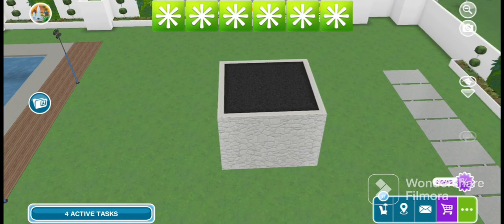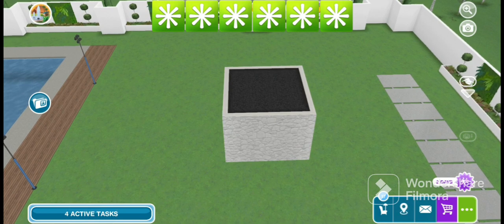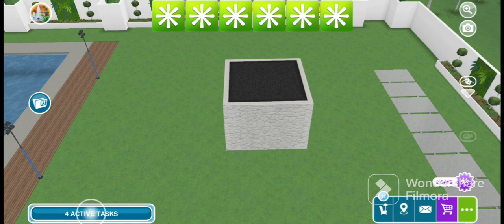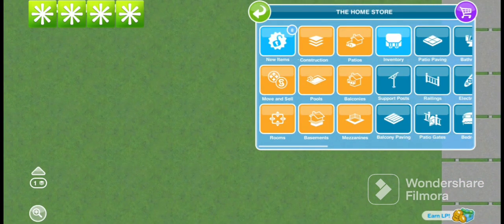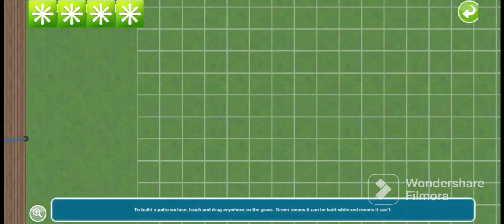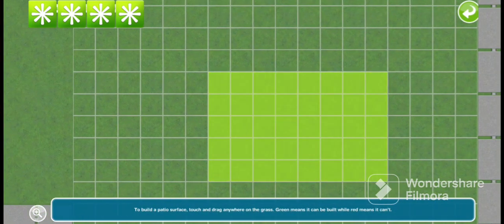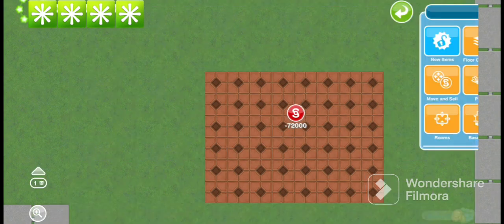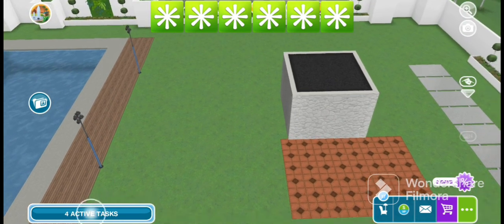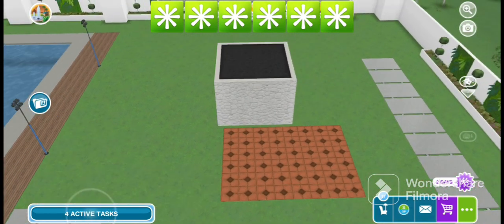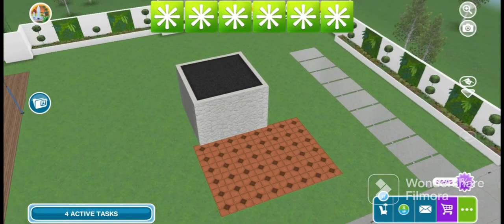Okay, now just a very important reminder: if you're creating floating rooms, it is never okay to put a patio underneath it. You're gonna lose the rooftop. Let me show you. I'll try to put a patio here. So that's a patio. Okay. You notice that you still have the roof, right? But when you exit,